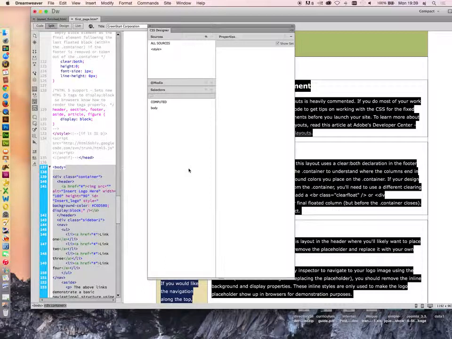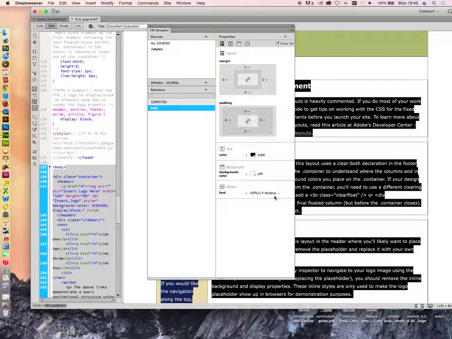The other change I want to make is I want to change the font. The only reason why I want to change the font is I just want to show you how to change the font. All right? So to change the font, once again, we've got the same situation here. We can select the body tag. And you can see that the font that we have set up is 100% 1.4 Verdana, Arial, Helvetica, and so on. Okay? So basically,